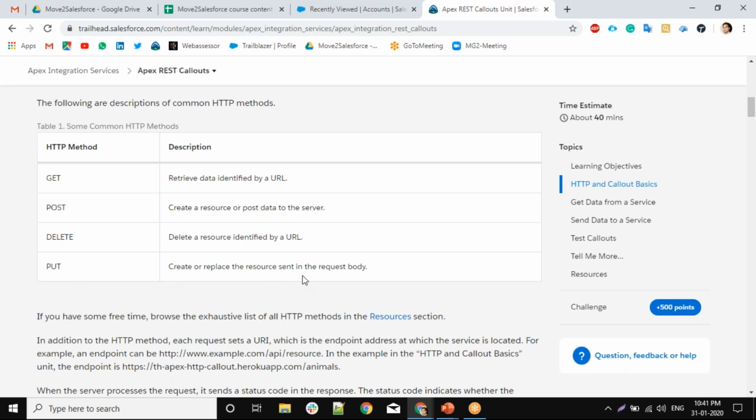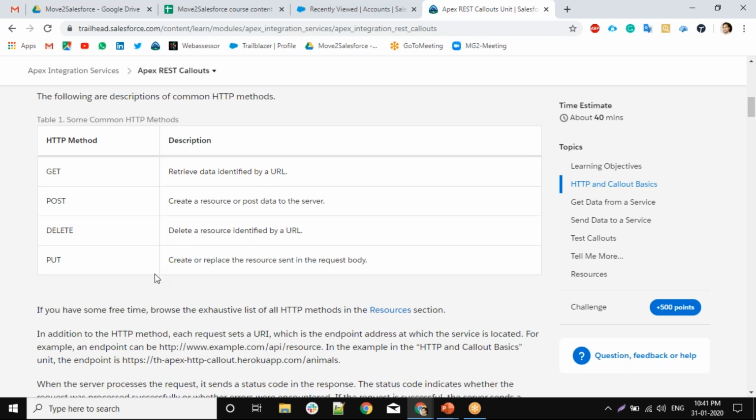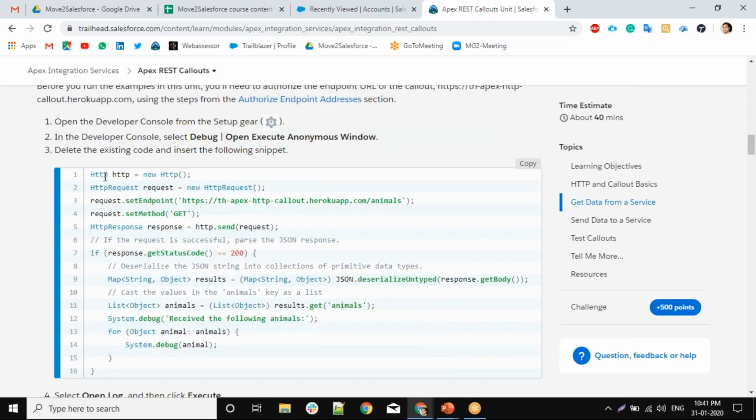Replace the resources sent in the request body. Okay, create or replace, so this is for upserting the data. So you cannot use patch here, and you can see that we have to create this HTTP, and then set the endpoint, which is the external endpoint.